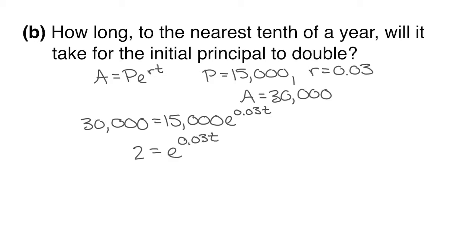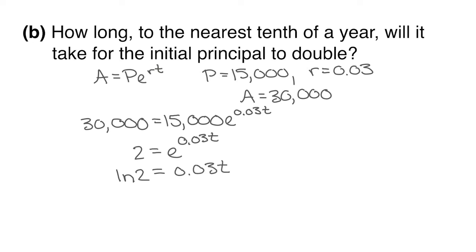Since t is in the exponent of our exponential expression, we'll need to use logs to solve. We'll use the property that if x equals y, the log of x equals the log of y. We're going to use natural logs since the base of our exponential expression is e. So on the left side of the equation, we have the natural log of 2, and on the right side, we have the natural log of e to the 0.03t, which is just